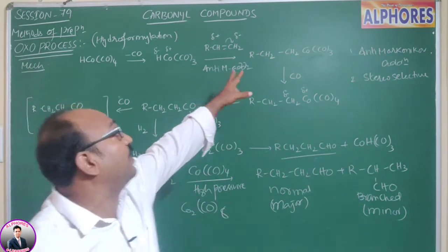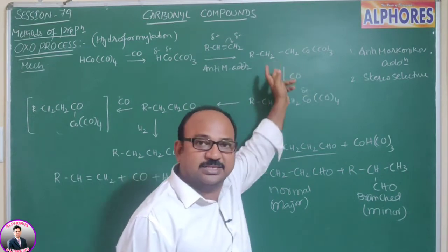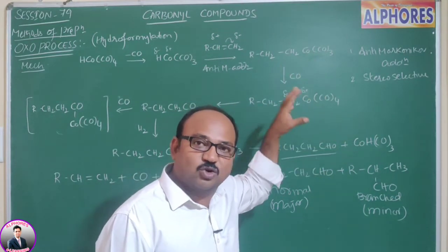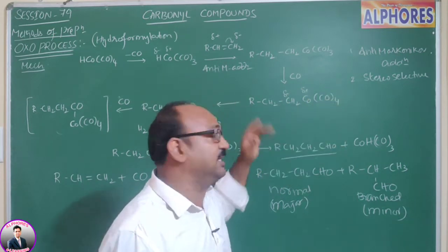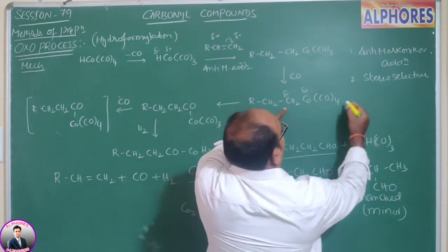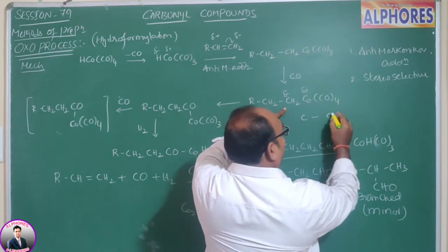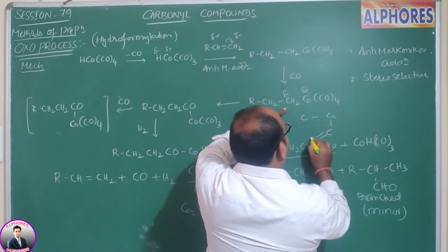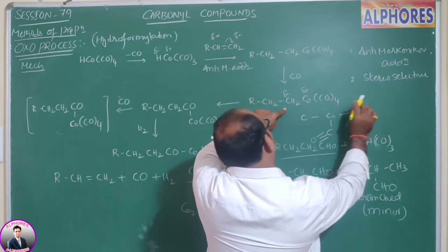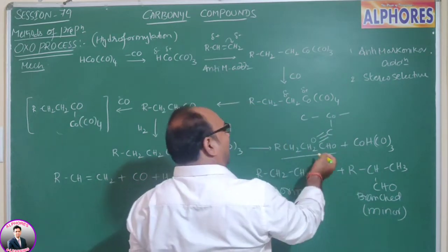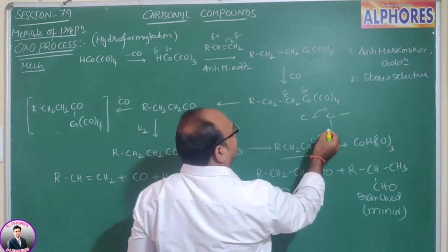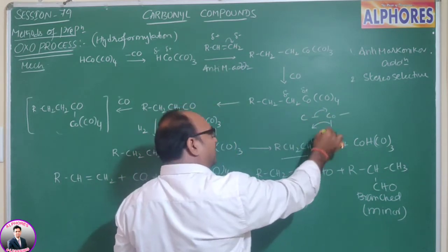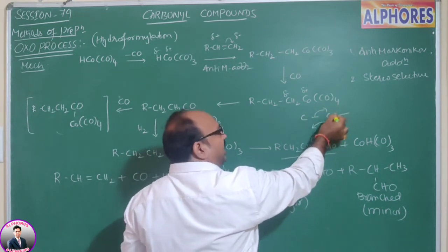Later, this formed compound takes carbon monoxide and converts into an alkyl cobalt tetracarbonyl, and this cobalt tetracarbonyl rearranges. That means here I am going to write cobalt. This one is cobalt, with one of the carbon monoxide here and the remaining 3 carbon monoxide like that. Then what happened here? This electron goes like that, and this electron comes like this, meaning a bond forms between these 2 carbons, and this bond is going to break simultaneously.